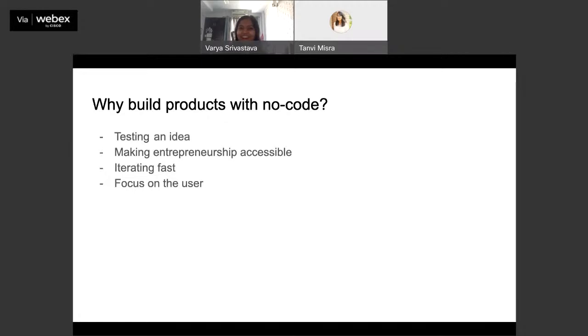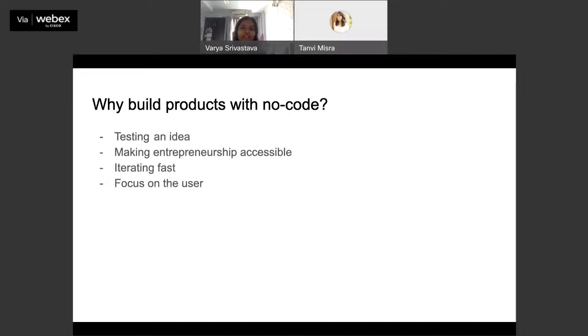The third is on iterating fast. If you think about it, imagine you're building a solution and you spend hours just doing tech and development work, only to realize that the way you were addressing the problem is wrong. That's so many hours and so much time gone. And in the startup world, time is of absolute importance.